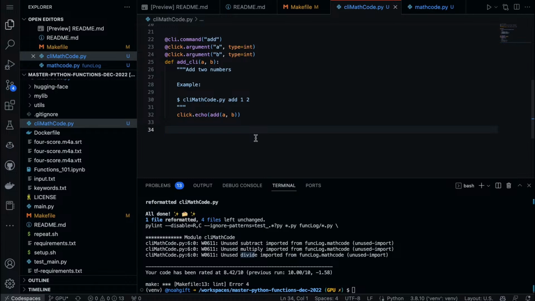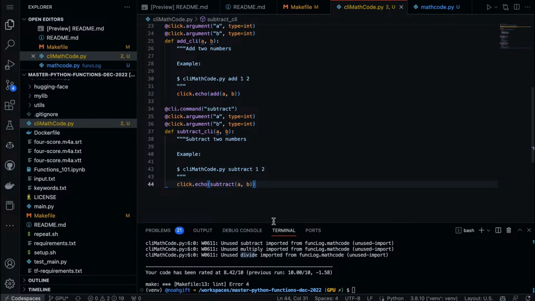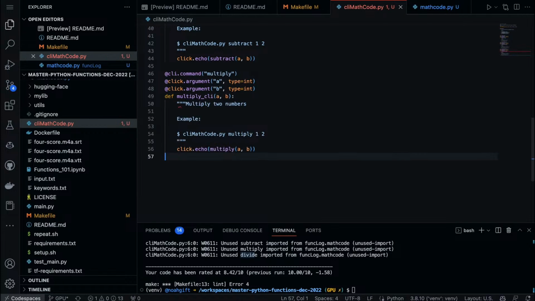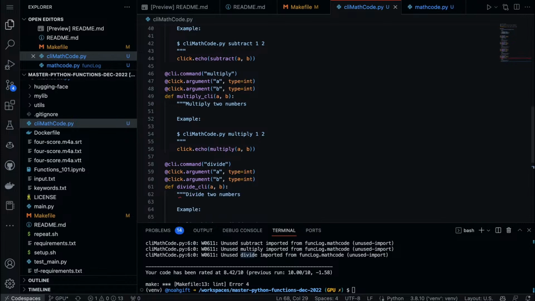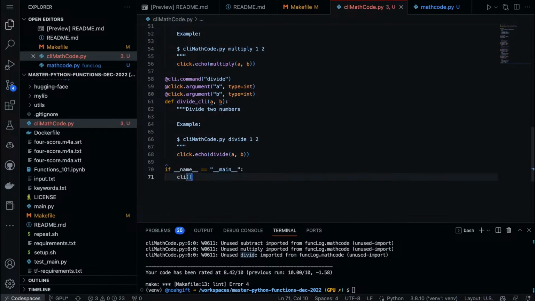So we can say at subtract, and again, this should kind of build itself out. Subtract two numbers, and look, it's smart enough to know what I'm going to do based on what I did before. That's exactly what I would do. Multiply, same thing. We can build this out, and we can say multiply. There we can go, divide, build this out. There we go. Divide two numbers. Perfect. And now we can just build out a command line tool.